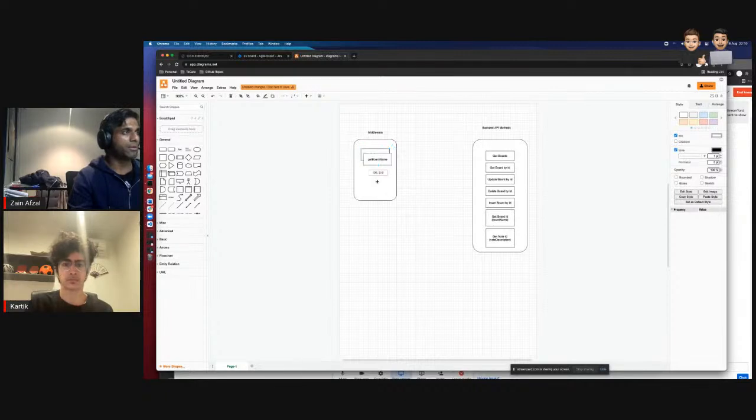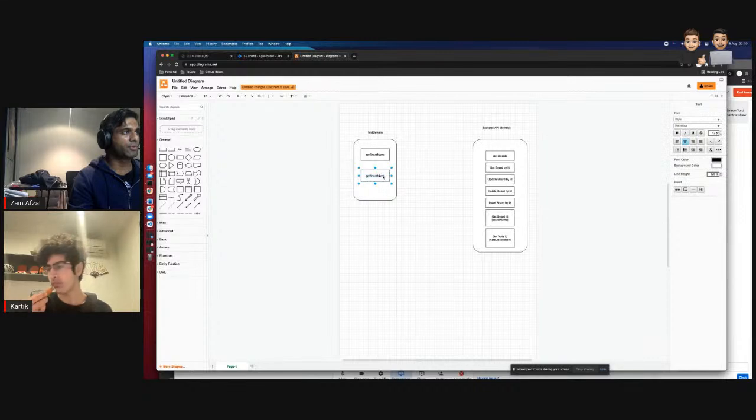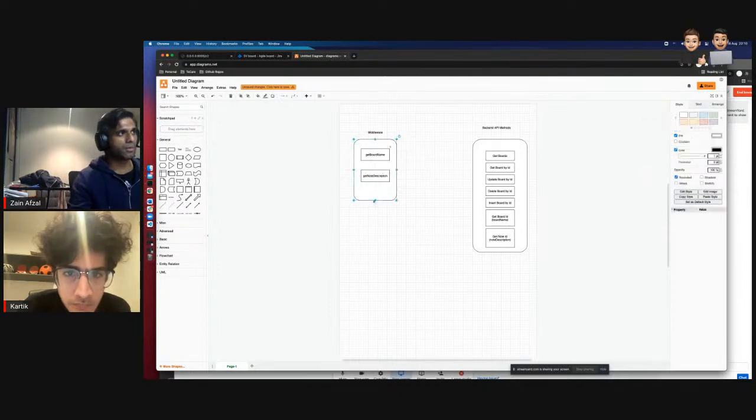And now we need a get node description. Get node description. Okay, so now that this is done, how this is gonna work is,